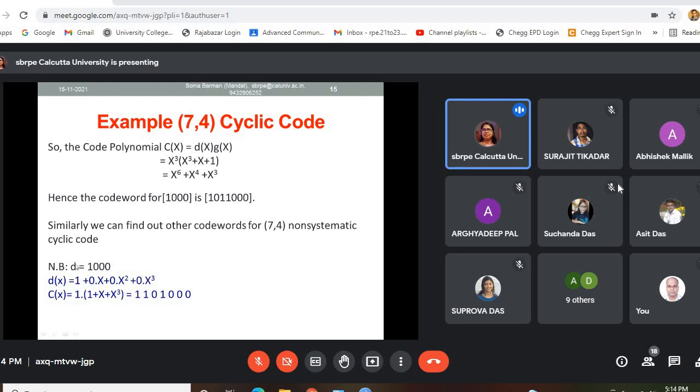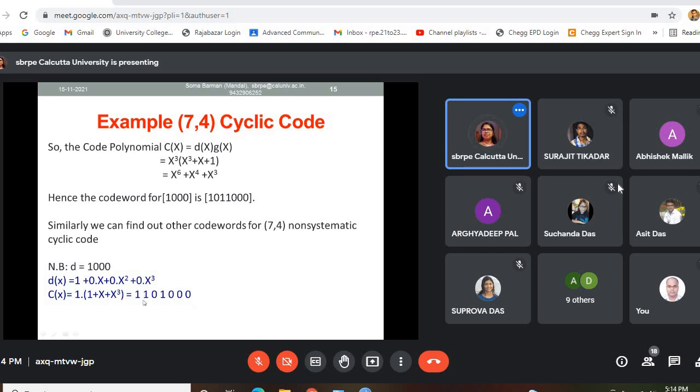For this message here the code is different. So it depends on the choice of your designer, how the designer chooses the polynomial, whether it is LSB or MSB. Otherwise, in your exam LSB and MSB will be mentioned. Otherwise, for two designers the design of the code will vary.